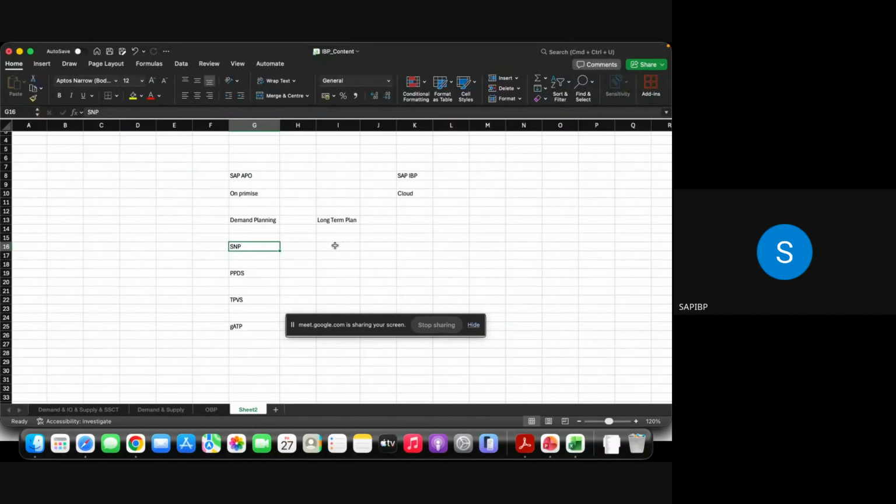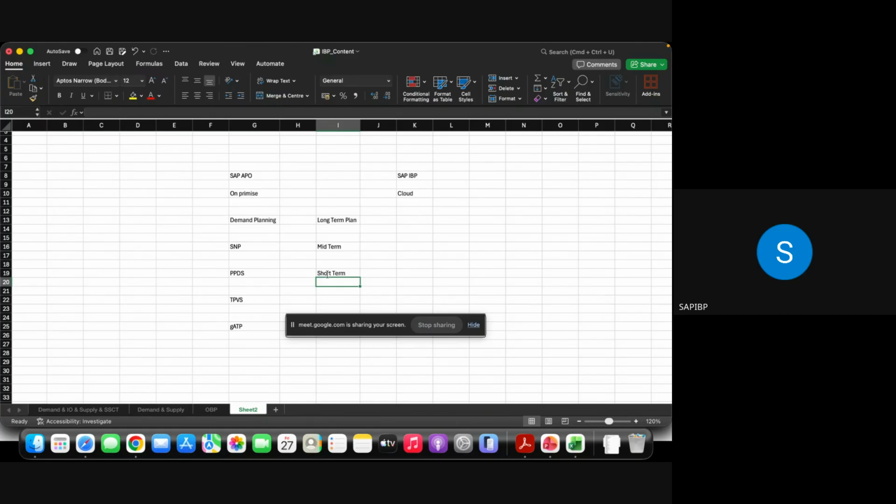Okay. Once you know the supply plan, you have an idea how you are going to fulfill your demand, how you are going to produce, how you are going to plan your production activity, and how you are going to distribute it once the production is done. That supply plan will be converted into the actual production plan in the PPDS. Here, this is a short-term plan. Here, every second will matter. Whatever supply plan you have will be converted into the production plan. Not only production planning here, we will do the scheduling as well, detailed level scheduling.